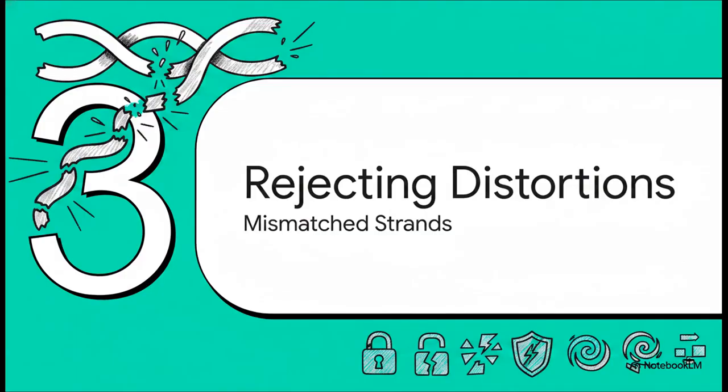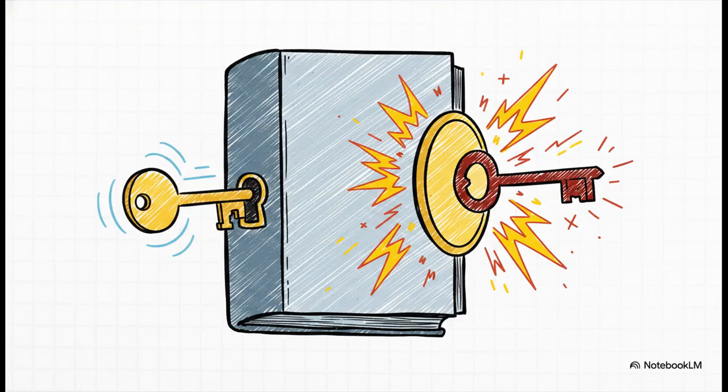Section 3. Rejecting the mismatched strand when harmonic resonance fails. Now, the core conflict of our story ignites when the system detects an anomaly. The central ledger accepts the first witness node perfectly fine, but it definitively rejects Daryl's signature for lacking harmonic resonance. This rejection is a massive, high-stakes event. It triggers the system's strict defense mechanisms.